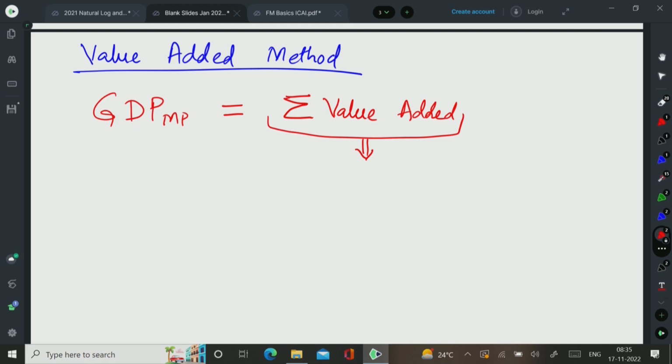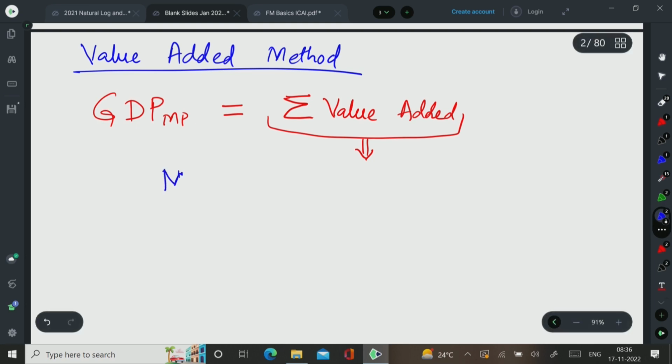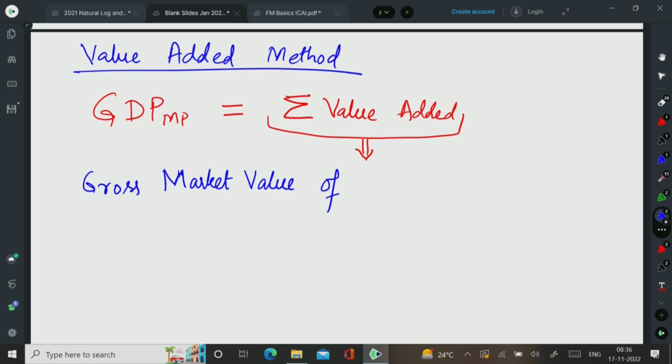Now, what is the meaning of value added? We have learnt in the previous class, so let me just explain that to you once again. It is basically market value of, or I would use one more word, gross market value. The term gross is basically before charging depreciation. Gross is used for the values before charging depreciation. So, gross market value,